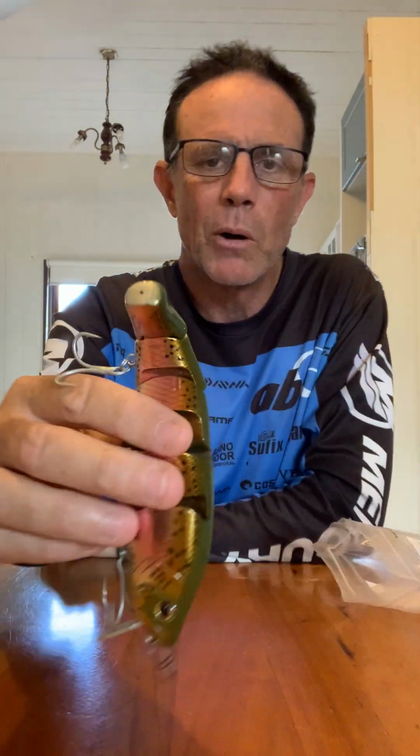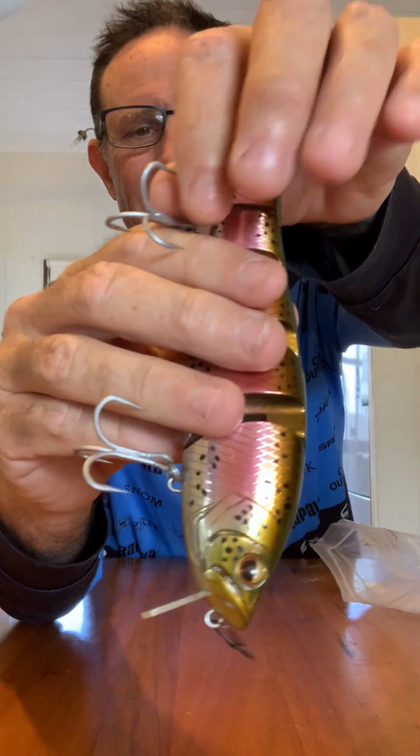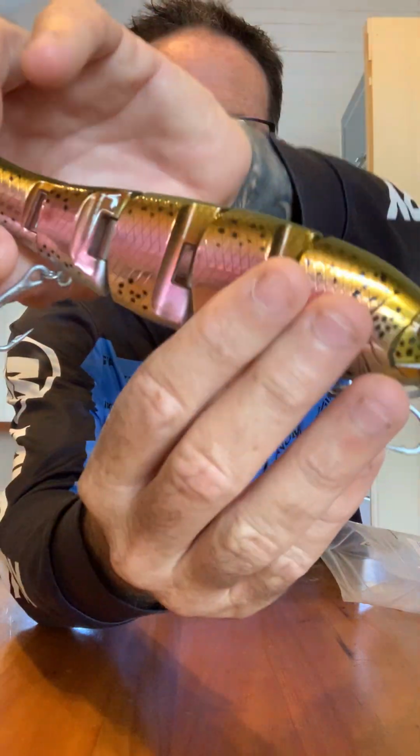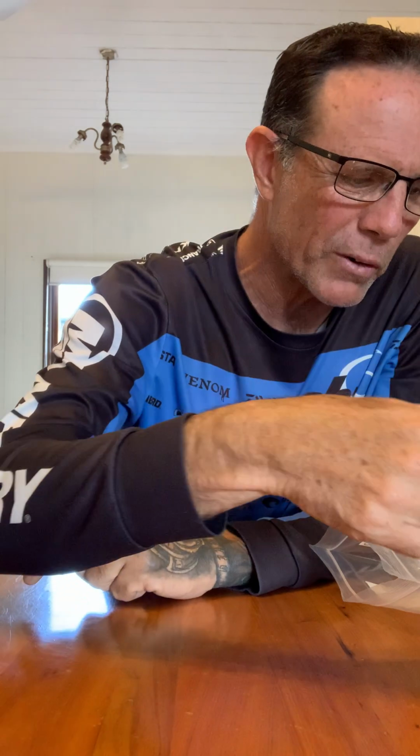There's a couple of other ones in here that you can use. These are very, very different. These are highly segmented. You might look at it and go, hey, it's missing its tail. That's how they come. I'm not even sure what the make of this one is, to be honest with you, I've had it for so long, but super slow action. It's more like a lot of your Murray cod lures that you see guys using these days, and they will work extremely effectively on them. Next one up, we've got,